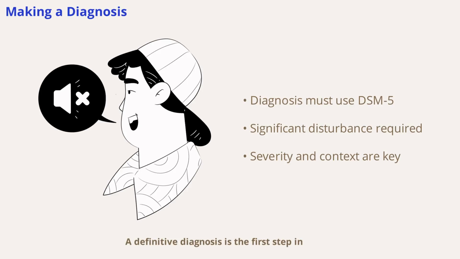Definitive diagnosis is the first step in rating impairment due to mental and behavioral disorders. This diagnosis must be based on DSM-5 criteria, which consider a wide range of signs, symptoms, and impairments. Importantly, a mental disorder is defined as a syndrome causing significant disturbance in cognition, emotion regulation, or behavior, reflecting dysfunction in psychological or biological processes. Not every symptom or mild distress qualifies as a disorder. Context and severity matter. The diagnosis also helps predict the likely course and duration of impairment.